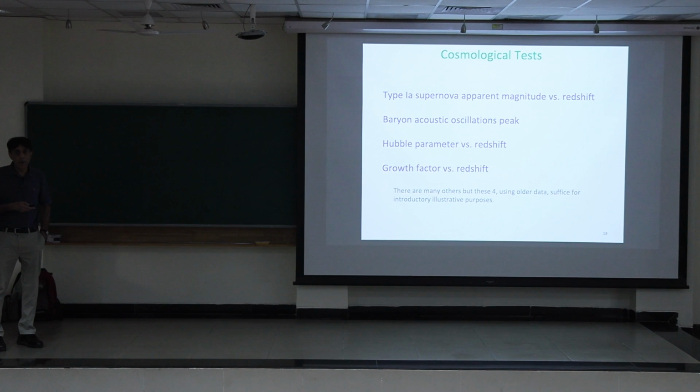You're going to have a problem, and it's better to try to use a scalar field, but then you have this extra equation, the Klein-Gordon equation, and you have to integrate things. But the fluid model you can integrate analytically, and that's why people use that for data analysis. So I look at some old supernovae data and some old baryon acoustic oscillation data and Hubble parameter data and growth factor data. I'm doing that because the error bars are bigger and you can see what happens more clearly. And then I'll go to the most recent data.